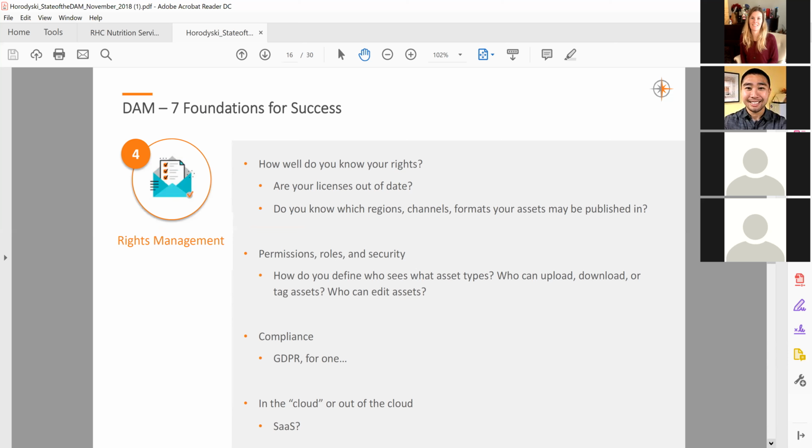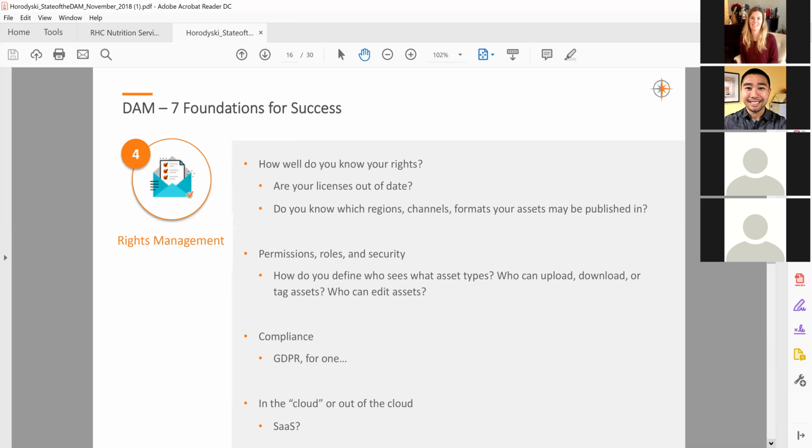So if you take a look at your content, do you know if you have license for these things? Do you have the permission to use this image? Is this image for the web? Is this image only for print? Can you reuse a song in a certain situation? I don't know, but these are the questions you would have to start thinking about when you look at your assets.